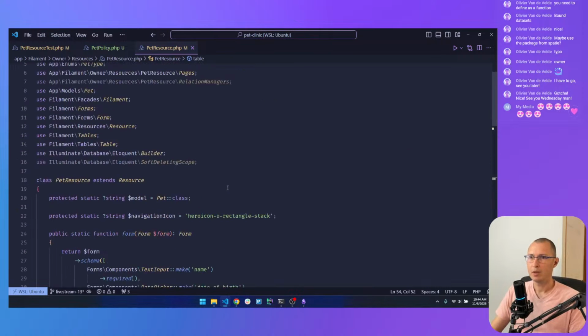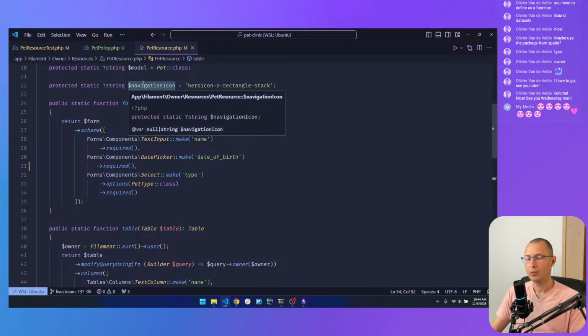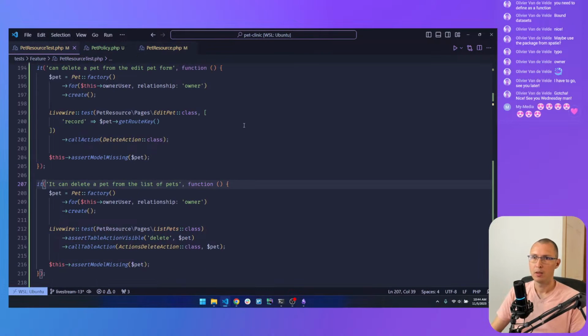Oh, because we are not... For that to work, I'm using the Better Pest plugin, by the way, if you were wondering. And that allows me to run a specific test, a test file, and run the entire suite. For the run file to work, you actually have to be looking at the test file.